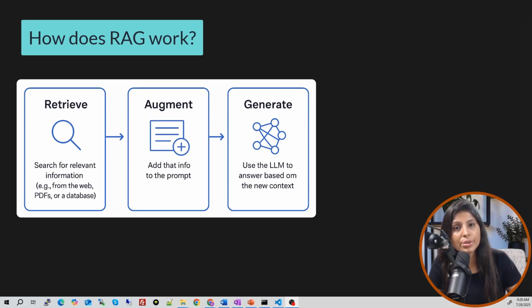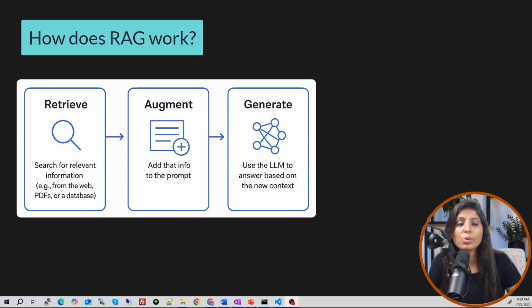Then these two things go to the next step, which is generate, where the LLM will generate the answer based on this new information.